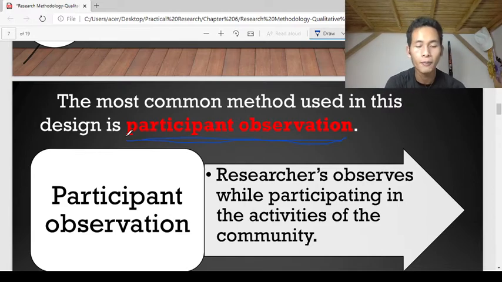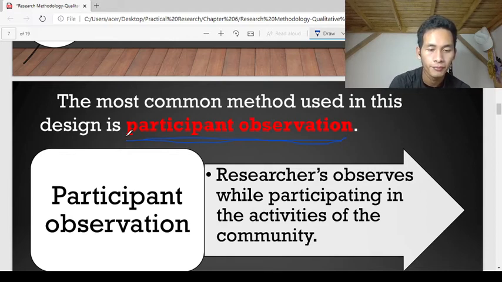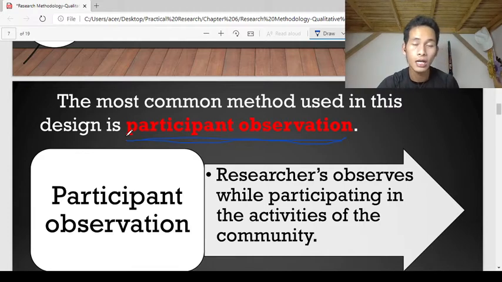So let me check. Okay, si Bronislaw Kasper Malinowski, he is associated with fieldwork, and fieldwork is the same with participant observation,